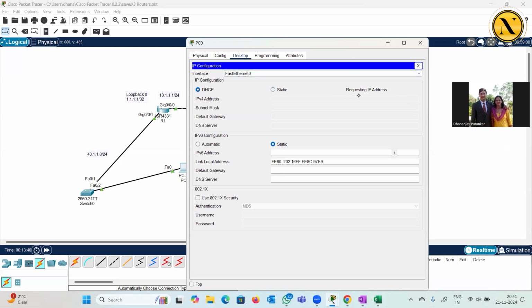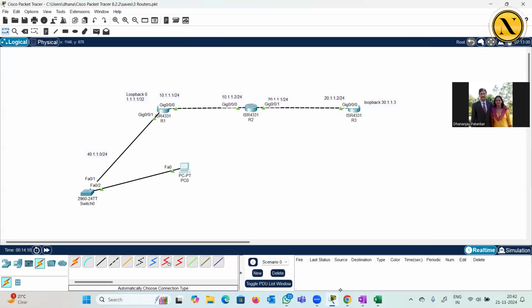This is Microsoft stuff, nothing to do with our course. Requesting an IP address failed, so it takes some address from 169. Got it? But ignore this. We normally gave addresses statically here. But in a company, the admin has hundreds and thousands of users in big companies, so he is not going to take everybody's laptop and start giving static IP addresses. It will be configured for DHCP. That means the company's LAN will have a DHCP server, and the moment you connect, it will automatically get an IP address. The concept is clear, right? Now,